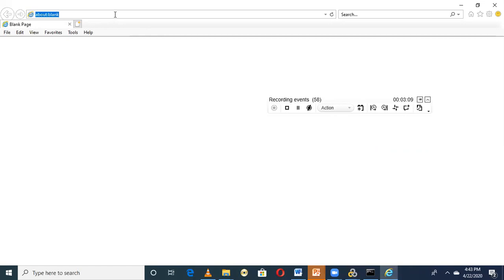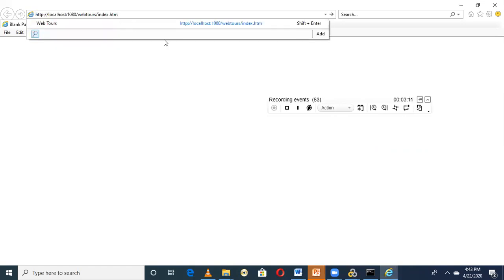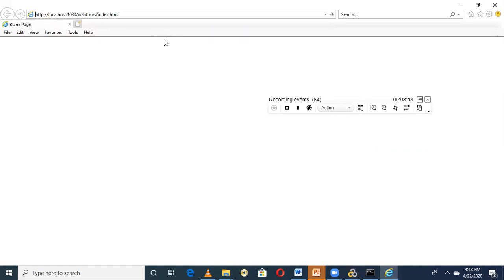Next I'm going to place the URL and press enter. Now our browser will go to the home page of the web tools. It is taking some time.